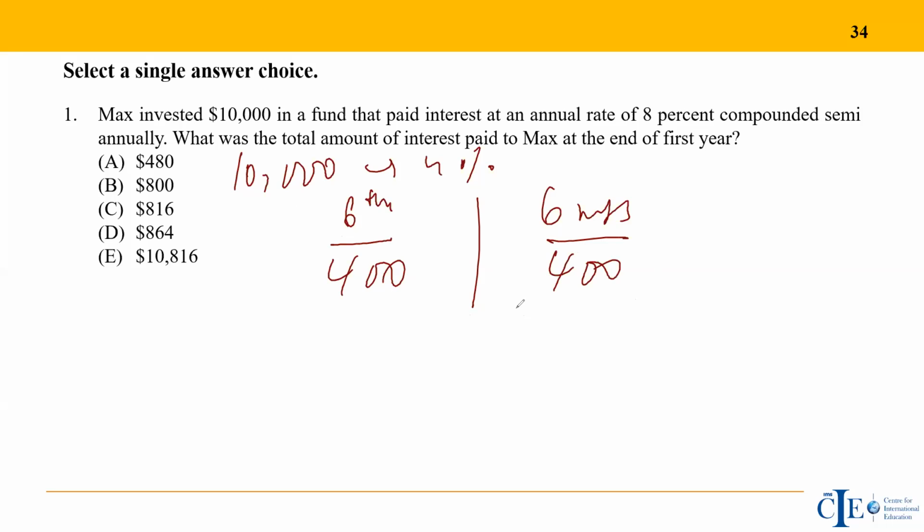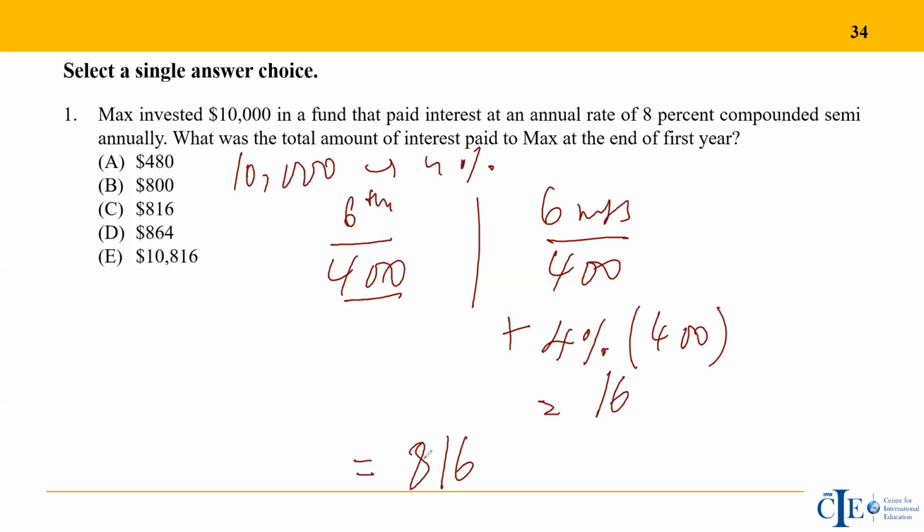The only difference in compounding from simple interest is this. Simple interest would have stopped at this. In case of compounding, you also charge interest on the previously paid interest. So whatever is the previously paid interest, you charge R% of that as well. The additional part you will charge here will be 4% of the first interest, which is 400. Now 1% is 4, so 4% will be 4 into 4, which is 16. So the total interest value, this will give you directly the interest, not the amount, will be 400 plus 400, 800, plus another 16, which is 816.